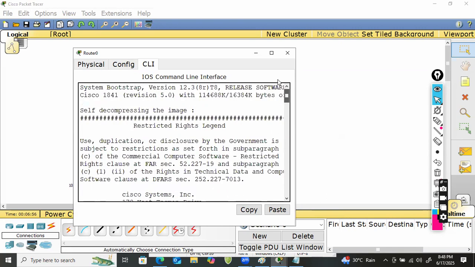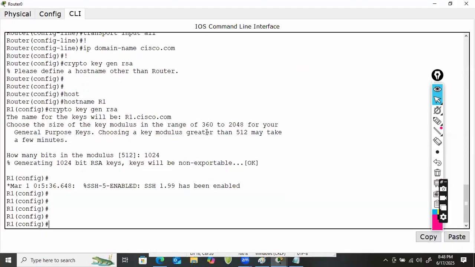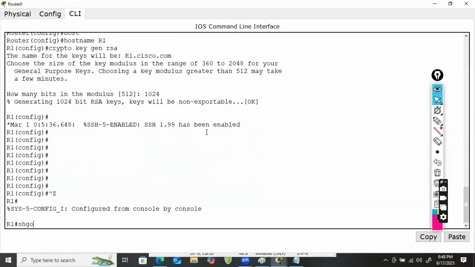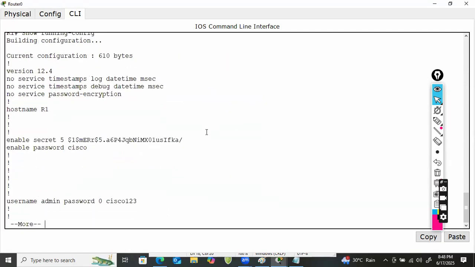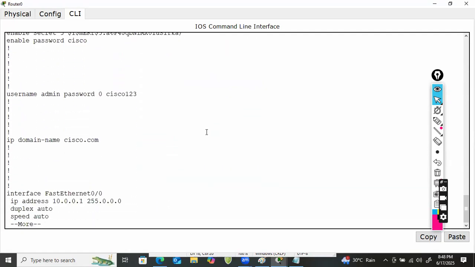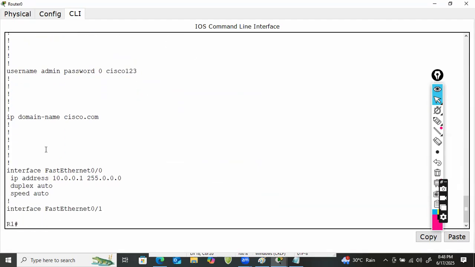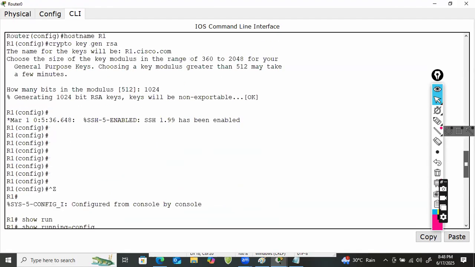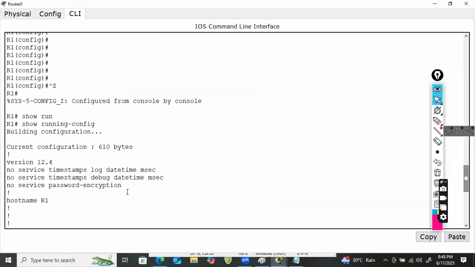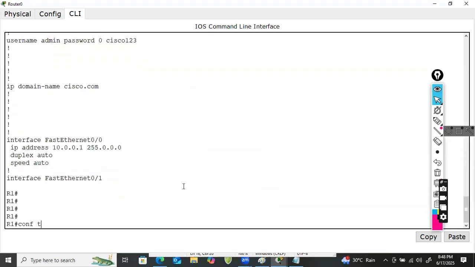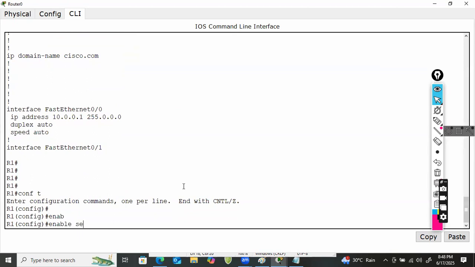So now your point was that the password is not showing in encrypted format. So what is the way? You can see in the running config there is a password showing, the normal password, right? There is one command already running there: no service password encryption. What does this command mean? If I use service password encryption,